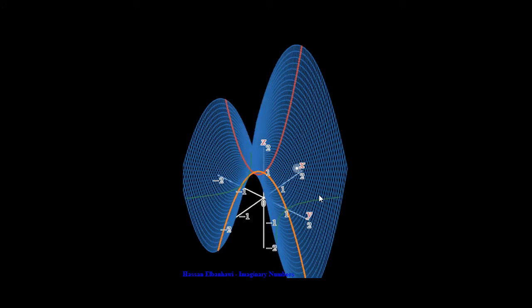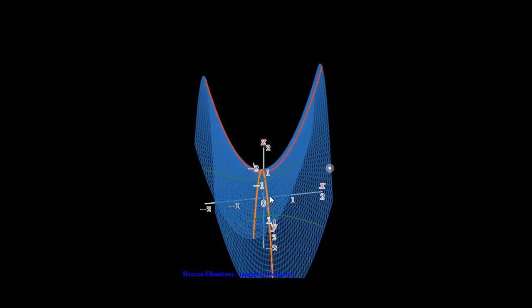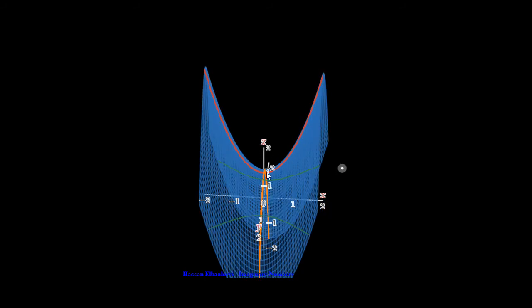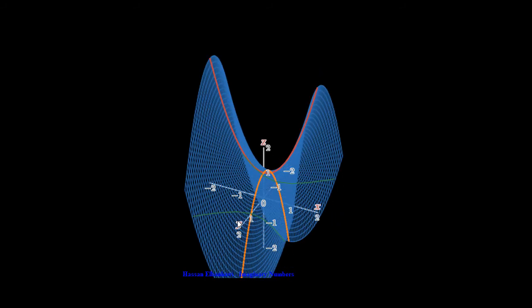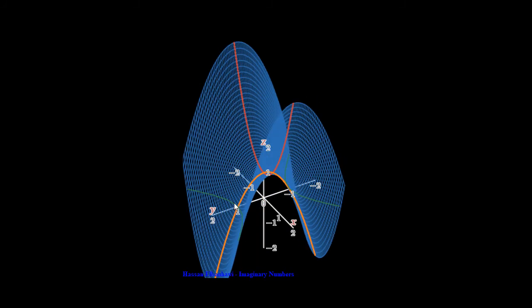So these green lines here represent 0 value of the z or the real part of the output,